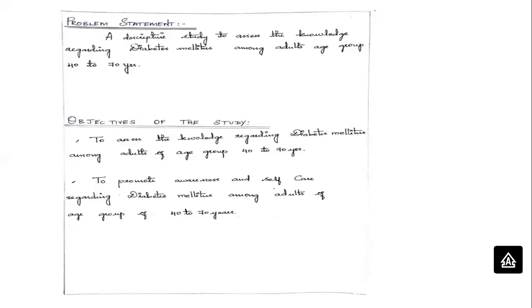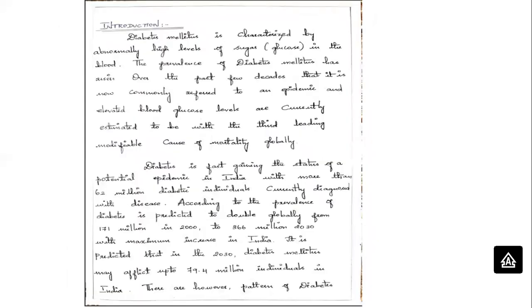Okay, so the next subcontent is objectives of the study. In the objectives, you're going to write the aim of your study. What is the aim? What is the importance? Why are you doing this? I did it to get to know the knowledge on diabetes among the samples whom I've taken. So if you want to know about the importance or the information, do write your aim and the objectives in a proper way.